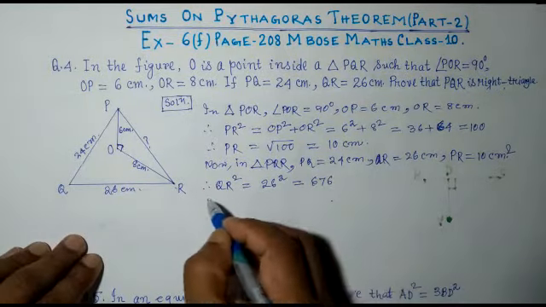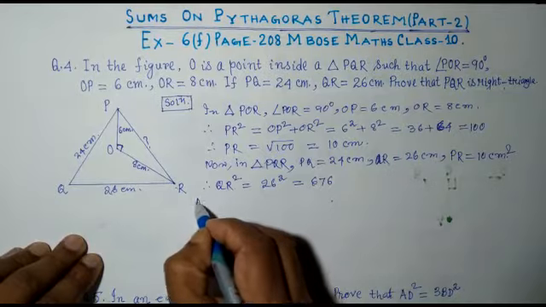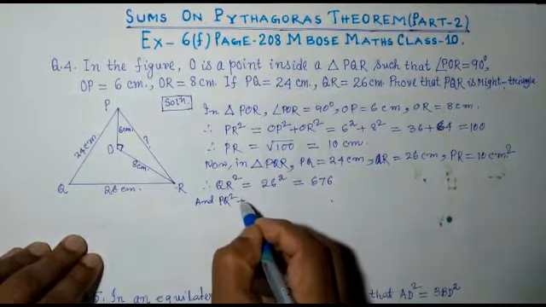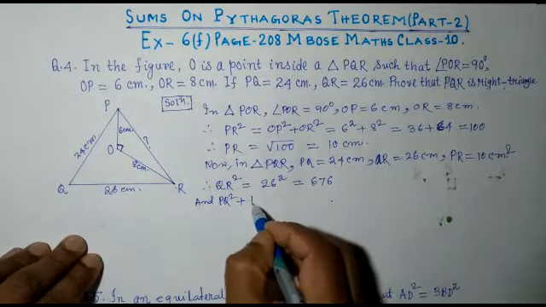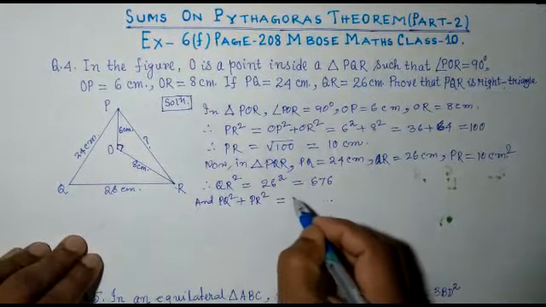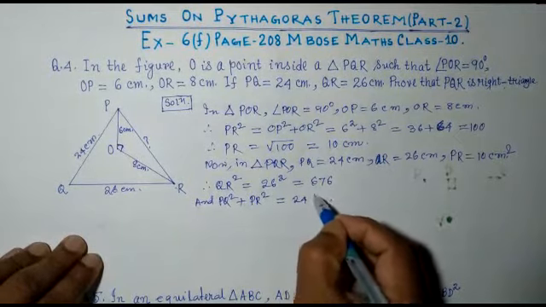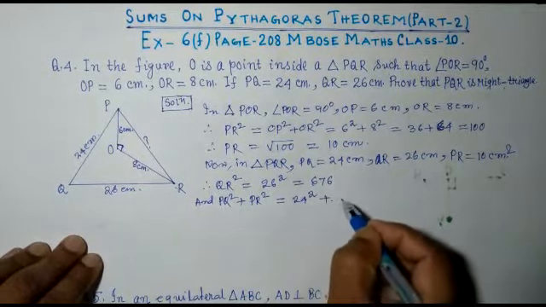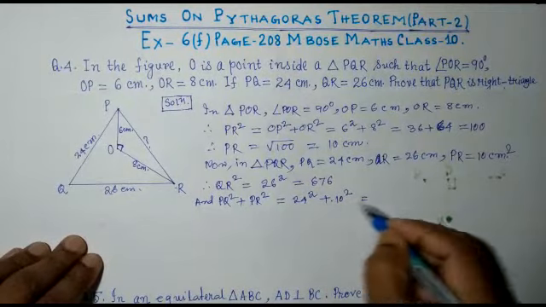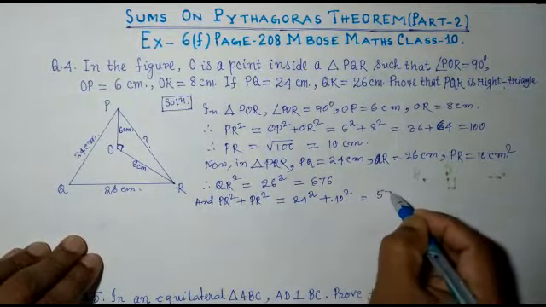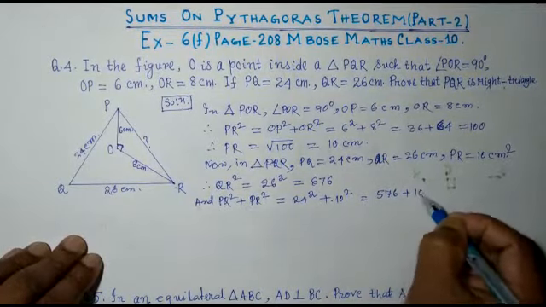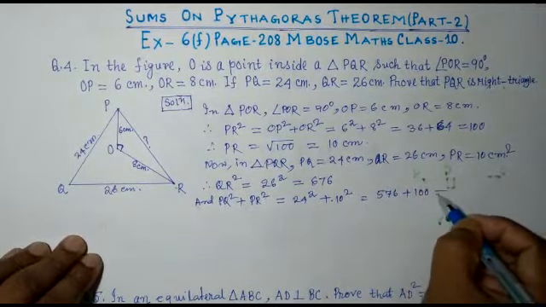Other two sides are what? We can write PQ square plus PR square. PQ is 24 square and PR is 10, so it is 10 square. Multiplying 24 by 24, it is 576. Plus 10 square is 100. By adding we get